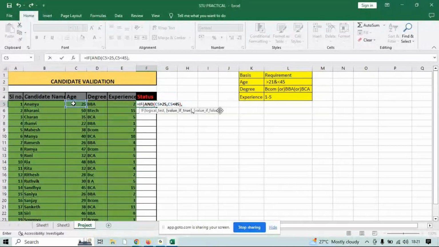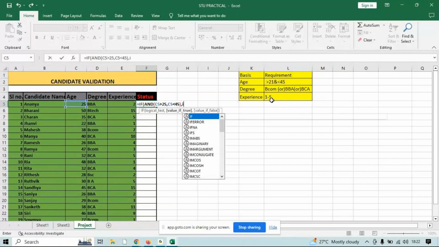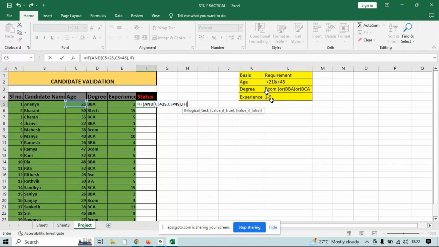Okay, again one more if function, right? Value of true, again value false we cannot give because still we have two conditions. So again if function, now degree either BCom or BBA or BCA, any one, if they are done, that qualified. So and means everything it should be pass. So and means all they should have done, but or means any one, if it is true then the result is true. So or this should be BCom